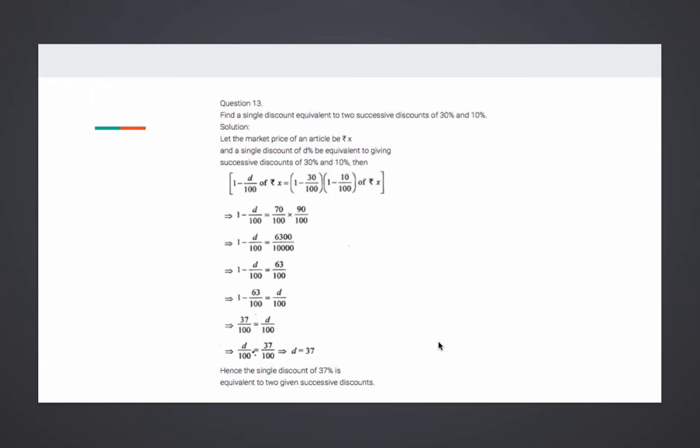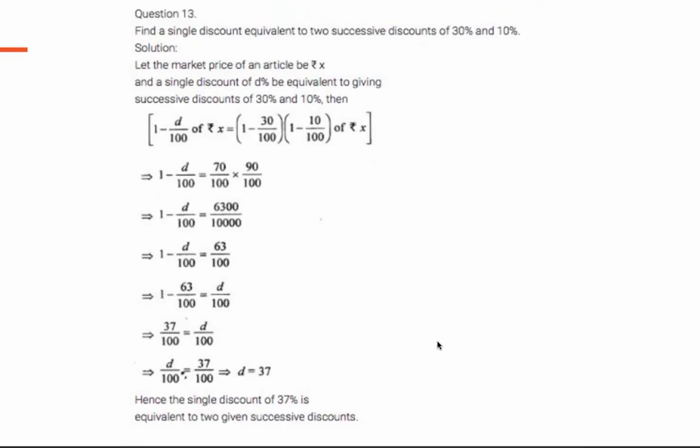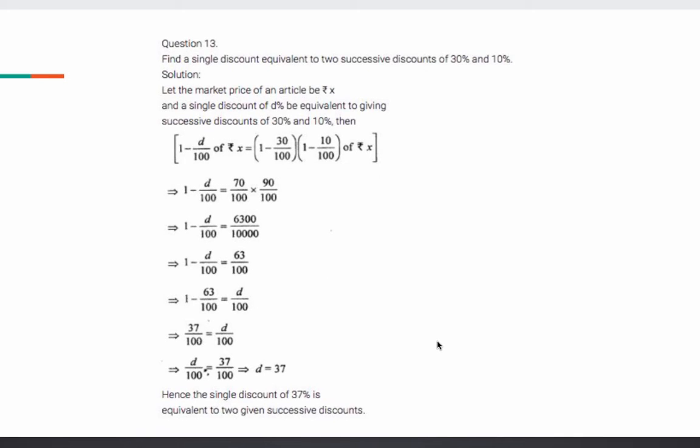Next is question number 11. In question number 11, we have to use a formula which I am just now sharing with you all. Eleventh is homework, students, so pay attention. I'm reading out the question for you, then we will move to question number 13. Before that, I'm taking question number 11.